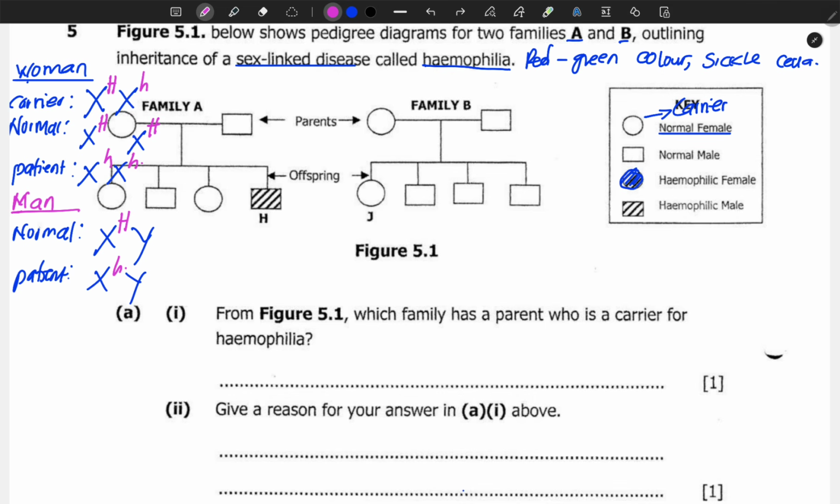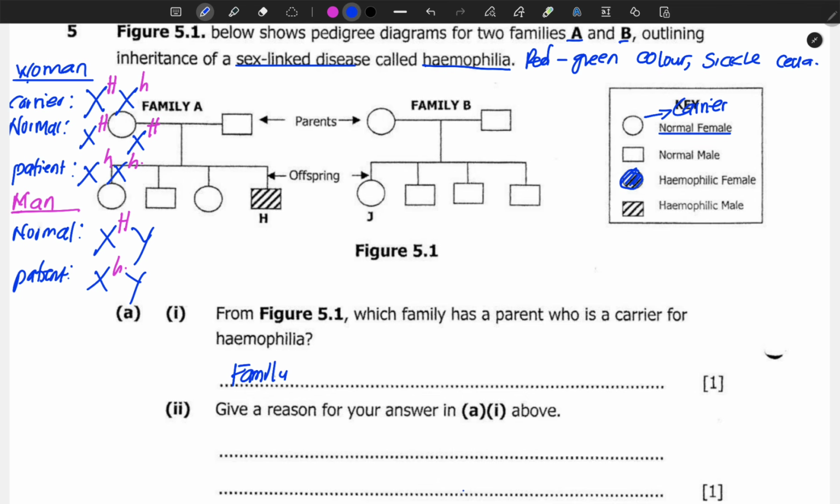Now let's check for family A. So family A, we can see that here we have a box which is shaded. It means that there is a son who is sick. And since there is a son who is sick, then one of the two parents is a carrier, which is a woman, because a man cannot be a carrier. So we can say